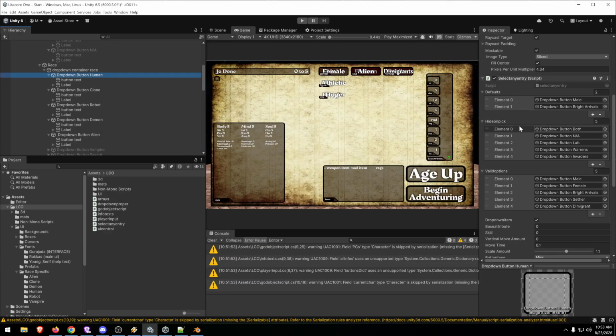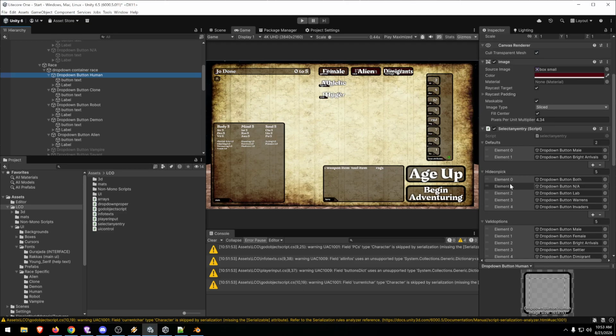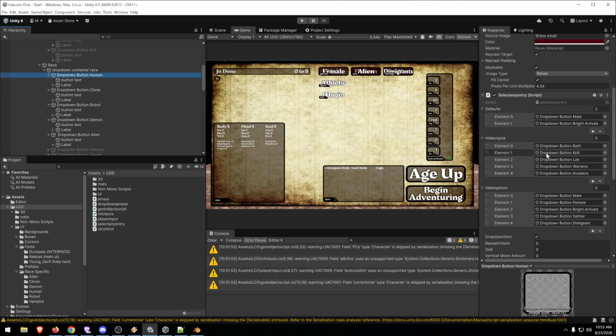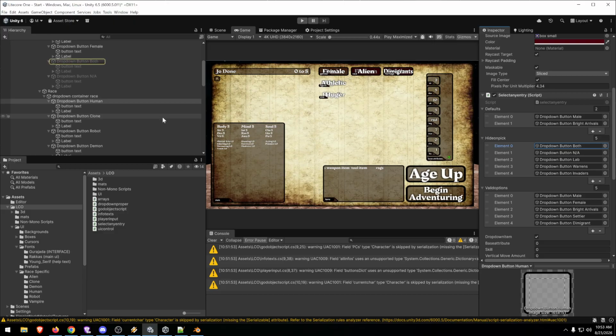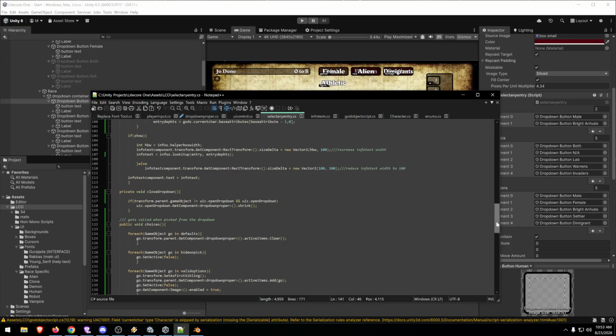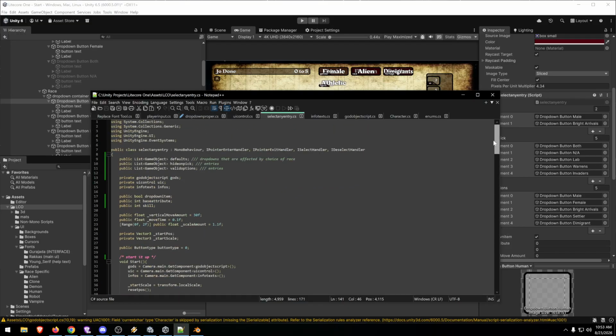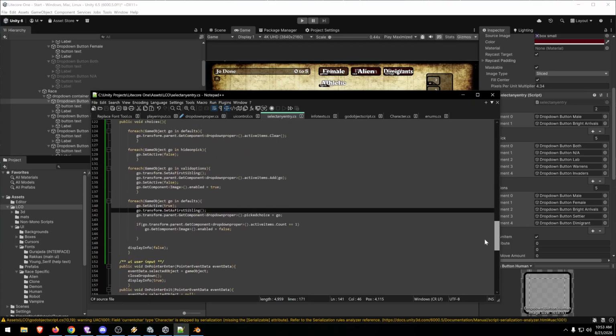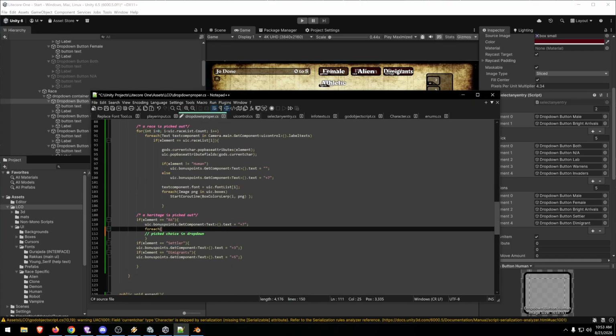Valid options, drop down button both. Could be. Let's check it out in code. No, it's game objects. Alright. It's game objects. For each game object,